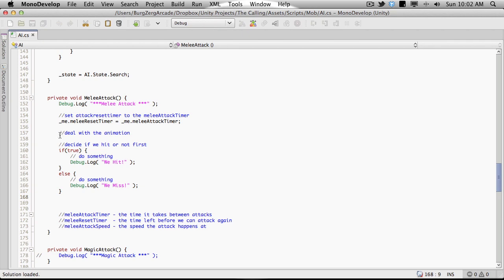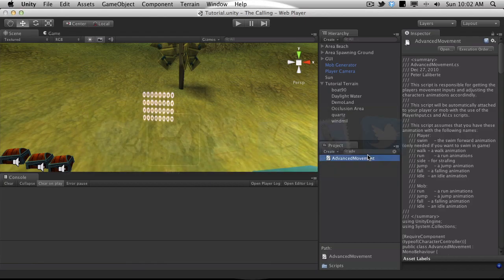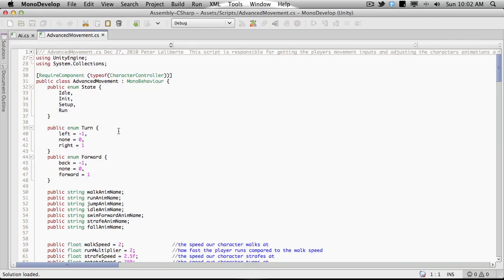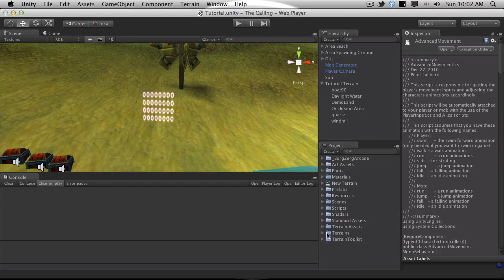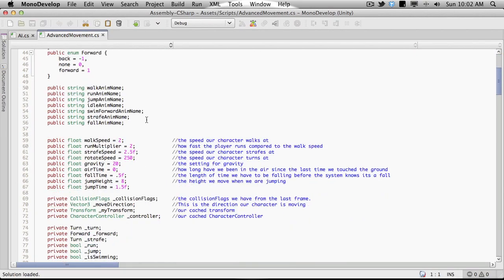The next thing I want to start working with is the animation. Now I believe we're handling all of our animation in our advanced movement script. And here it is right here, so I'm going to go ahead and open that up. I just have to keep this clean, smaller screen resolution so I don't have as much real estate there. But anyway, I'm going to want to come down here and create some sort of attack